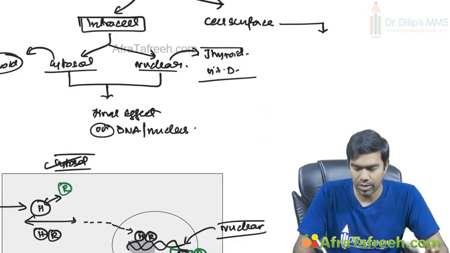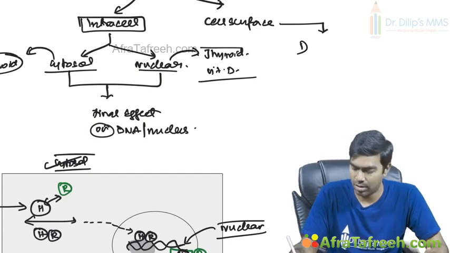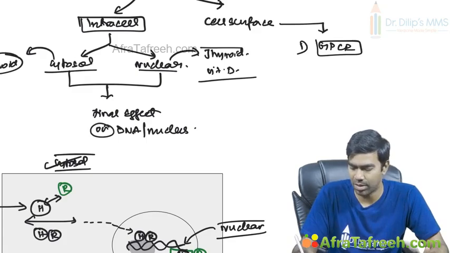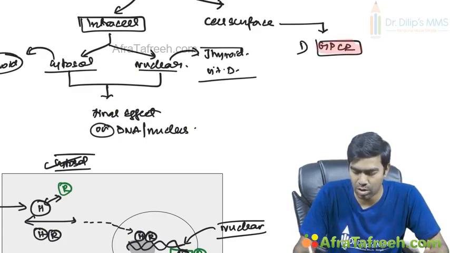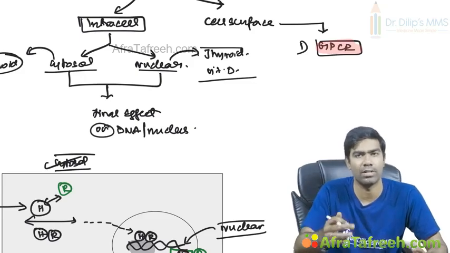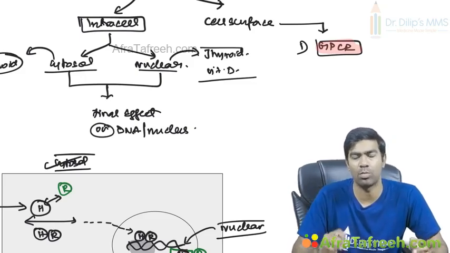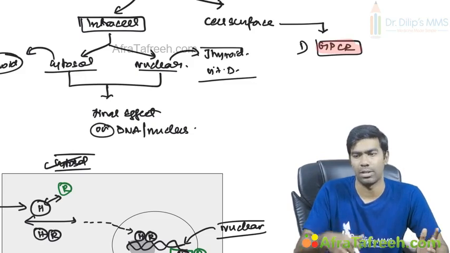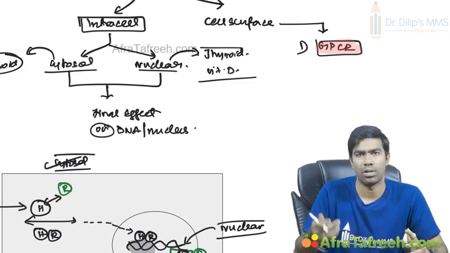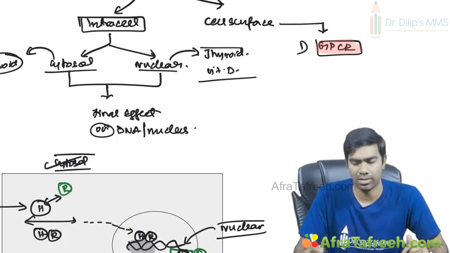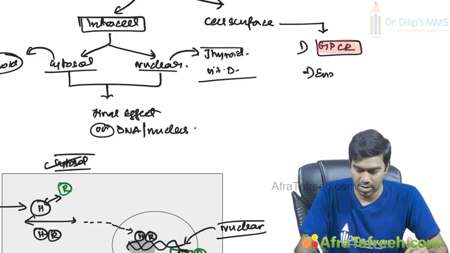Now let us see some of the cell surface receptors. So cell surface receptors are of three types basically. One is the standard G protein coupled receptors called as GPCRs. If somebody asks you what is the most common or the most abundant receptor types in the body, you have to answer it as a G protein coupled receptor. Almost 70% of all the ligands, they may be factors or some hormones, they act through this G protein coupled receptors only. Second, we have enzyme linked receptors.